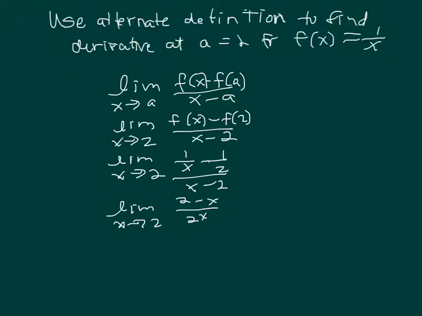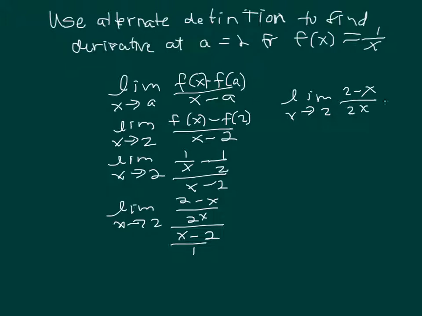Just really quickly to show you what happened here. When I go to get my common denominator of 1 over x, I had a denominator of x. I multiplied by 2 in the denominator for this fraction, so the 2's would cancel, and that'll leave it as 1 over x. Over here, if the x cancels, it's going to leave it as minus 1/2. And that's all over x minus 2, so that's really over 1. So that works out to be the limit as x approaches 2 of 2 minus x over 2x